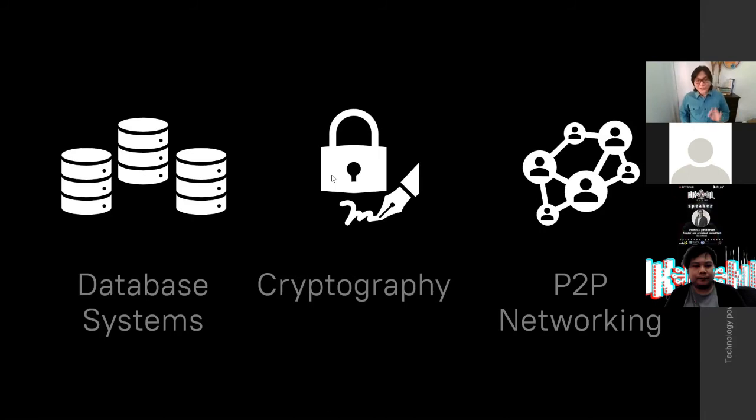Now, we have the third technology, which is peer-to-peer networking. And blockchain makes use of this with how they validate and distribute data stored in the chain. You see, a blockchain network is composed of multiple computers called nodes that all have a copy of the entire ledger. And they all follow the network protocols so they can validate each other's copy of the ledger. And they basically ensure that any invalid or compromised nodes are corrected or disconnected.